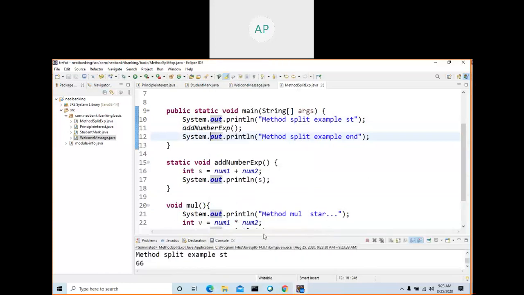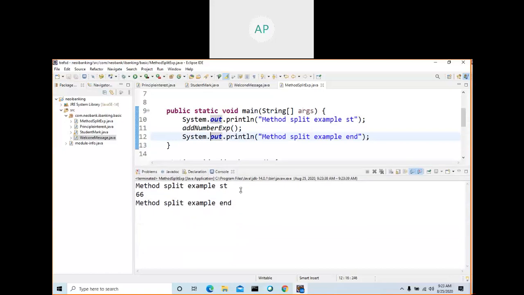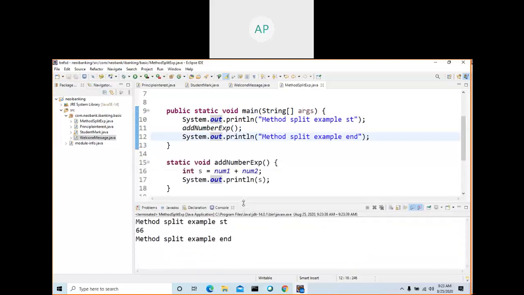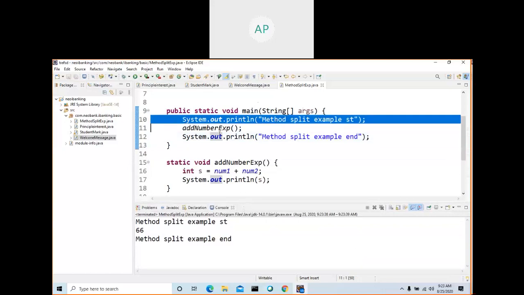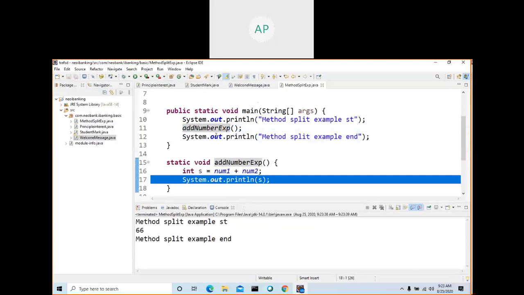Your starting is here and your ending is here. You are calling this one, this one, and this one. You are not even calling this one. You just wrote it, but you are not calling it. So run as Java application and see the output.